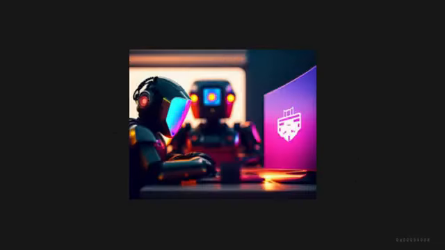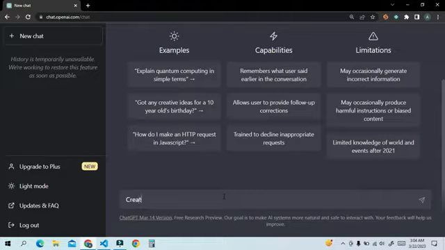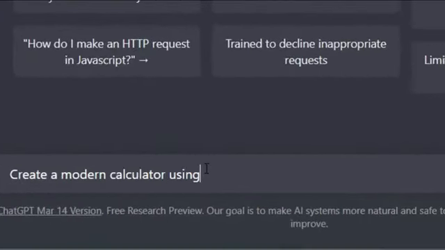Hello guys. Today in this video we will talk to ChatGPT to create a modern calculator using Python. Let's begin. Open ChatGPT official site and right here, create a modern calculator using Python and PyQt5 and click the